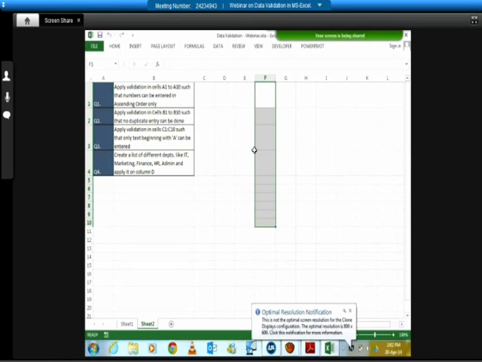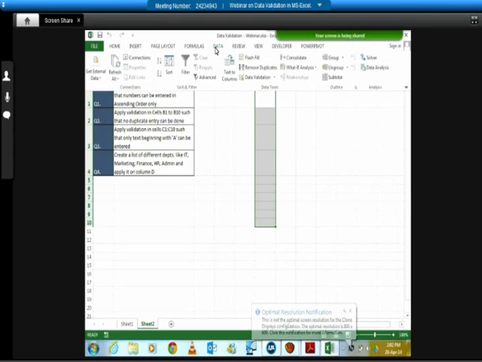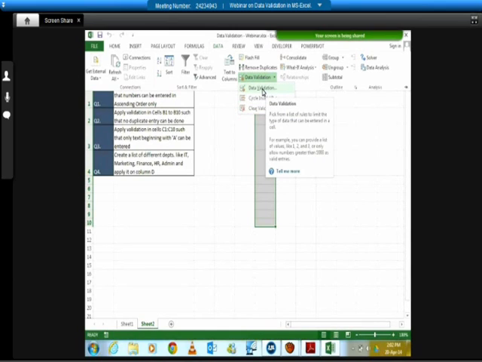Then, where is data validation? It's in the Data tab. In the Data tab, if you go to Data Tools, you will see Data Validation. We're going to click on the drop down. We have the options of Data Validation, Circle Invalid Data, and Clear Validation Circles. Now, Circle Invalid Data and Clear Validation Circles are used when the data is already there in the sheet and we are trying to look for the data which does not fall into my criteria. The Data Validation tool is what we use while we're entering the data in the sheet.